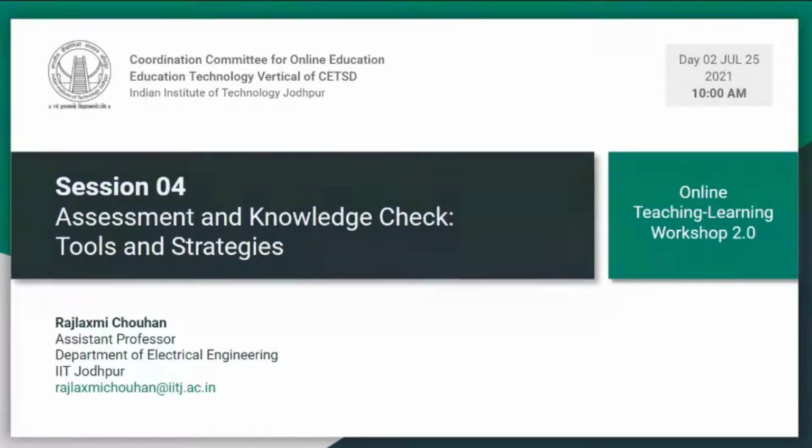So when we say assessment and knowledge check, why we've kept these two items separately is because assessment can mean that there would be some marks associated with this, right? And at the end of the semester, they will contribute to the student's grade. But knowledge check can simply be a quick check of whether they understood something correctly or not, some exercise like that. So it may or may not have points associated with it. So both assessment tools and knowledge check tools can be used interchangeably. If you assign marks and you enable reporting, then it would have an effect at the end of the semester.